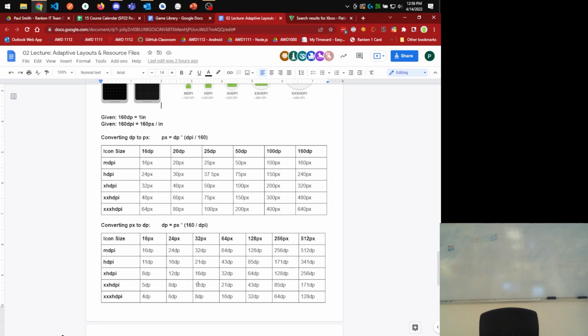And so usually I would lean towards taking a resolution that's too high over a resolution that's too low, okay? Because in general, the higher side is going to look a little bit better. So if I'm looking for 50 dp, I would take the 64 pixel one. Does that make sense? It's going to be a little bit more data than it needs to be, a little bit bigger file size, but it's going to be the one that looks best,